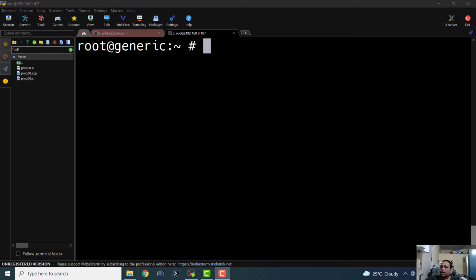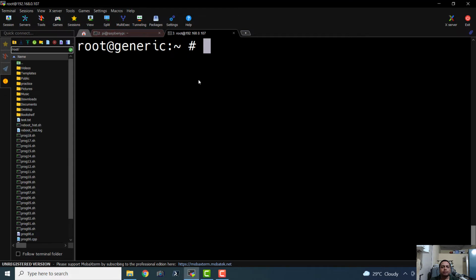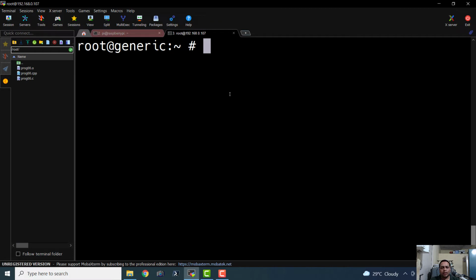We are going to learn how to use the thread library of C++, and all the programs demonstrated in this episode can be executed on any operating system like Mac OS, Linux, Unix, and Windows. For this demonstration, I'm using a FreeBSD as well as a Raspberry Pi OS computer. Both of these operating systems are installed on my collection of Raspberry Pis, and I am accessing them remotely.